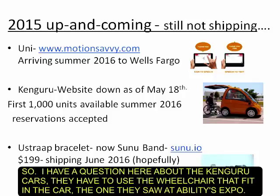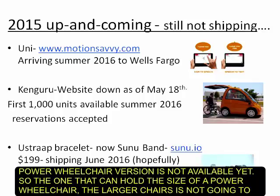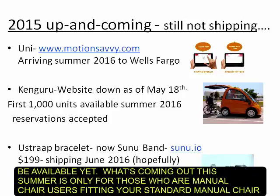that fit in the car when they saw it at Abilities Expo. My understanding right now is that you don't have to use their wheelchair, but you cannot have a non-standard size manual wheelchair. The power wheelchair version is not available yet. So the one that can hold the size of a power wheelchair, the larger chairs, is not going to be available yet. What's coming out this summer is only for those who are manual chair users,